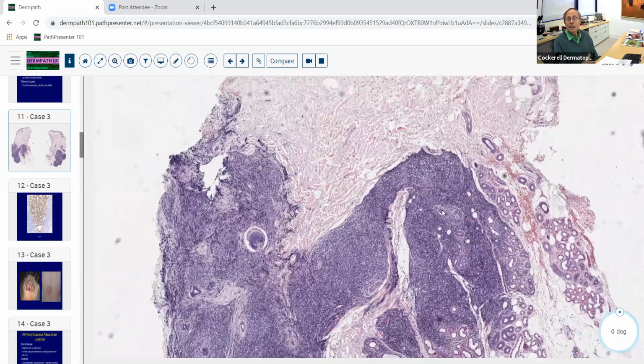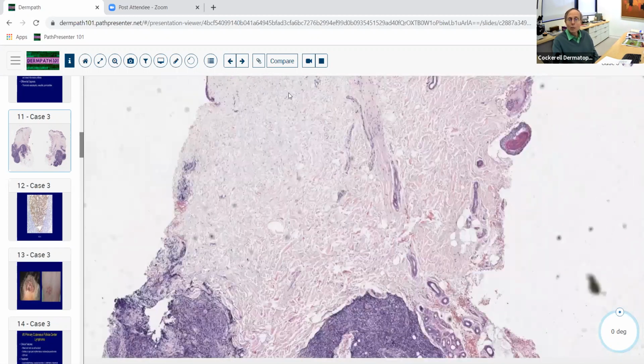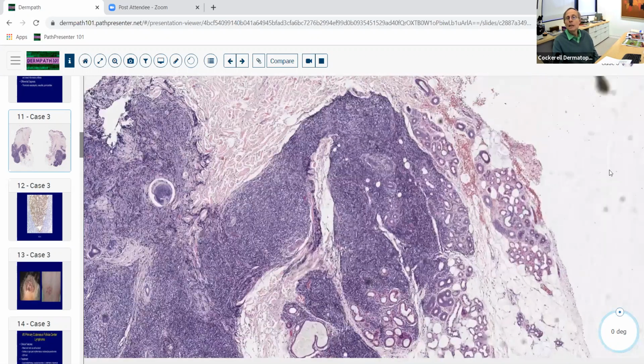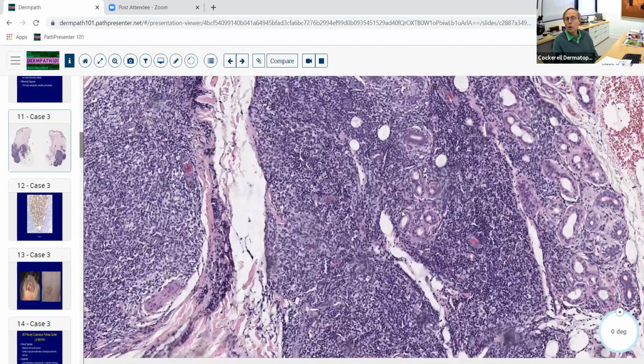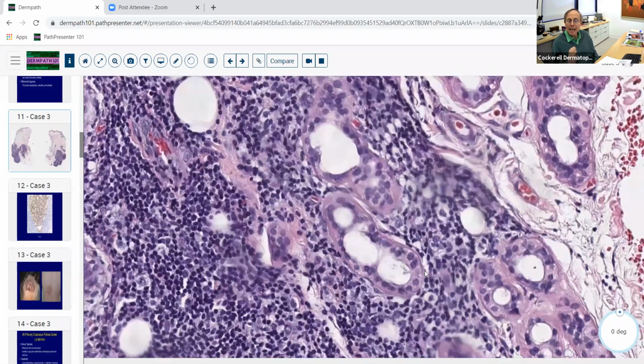And if you do see it deep to the skin like this, that would favor this being a follicle center cell lymphoma when it's got this pattern. The differential diagnosis will include so-called marginal zone lymphoma, where you get more plasma cells, plasmacytoid cells. This one does not tend to give you those plasmacytoid cells to the same degree. So if you see the plasmacytoid cells or plasma cells, that favors marginal zone lymphoma, that a very high percentage